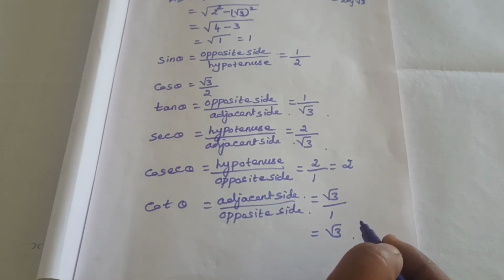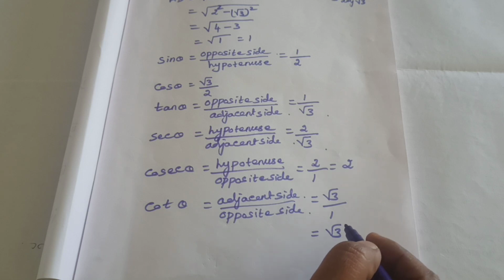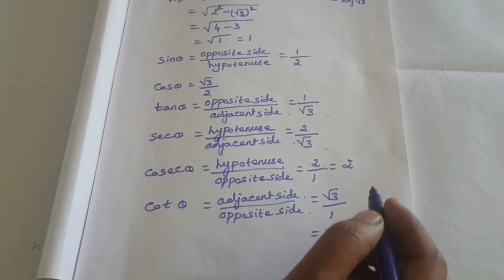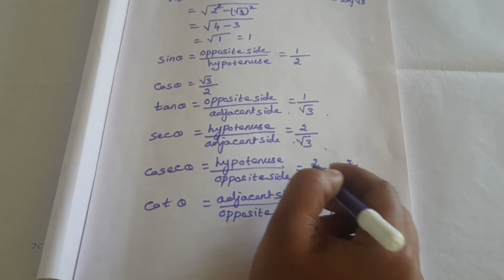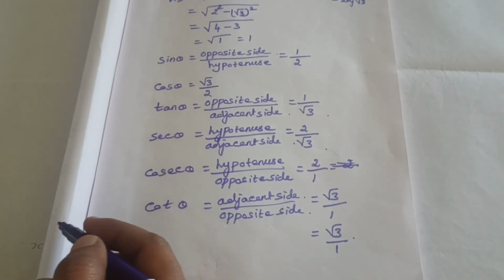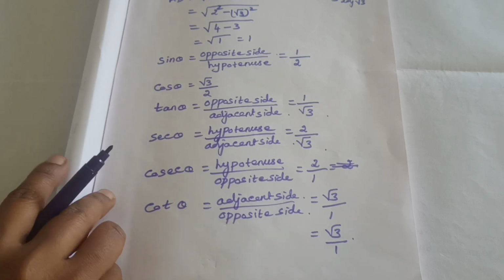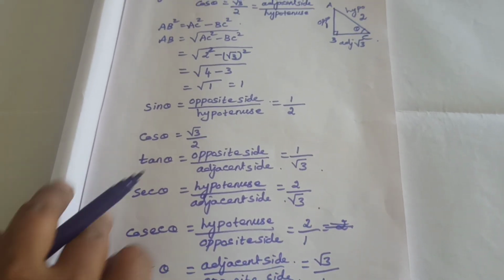Okay, correct? Then trigonometric ratios only they asked here, isn't it? So root 3 divided by 1. Like that also you should write it. Here also this only is enough, 2 divided by 1. Have you understood? Any doubt? Then this one is very simple.